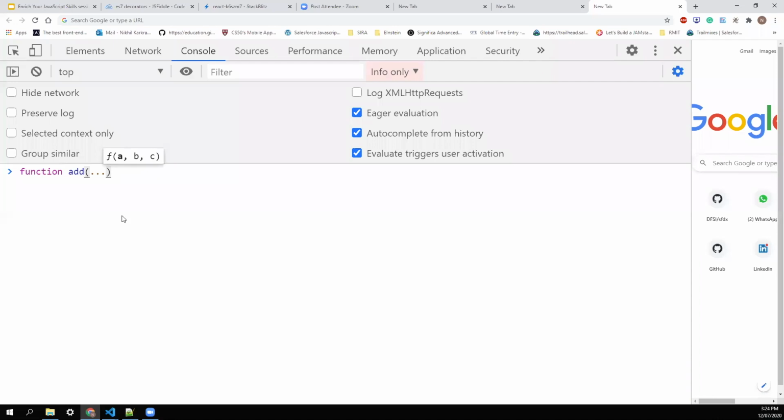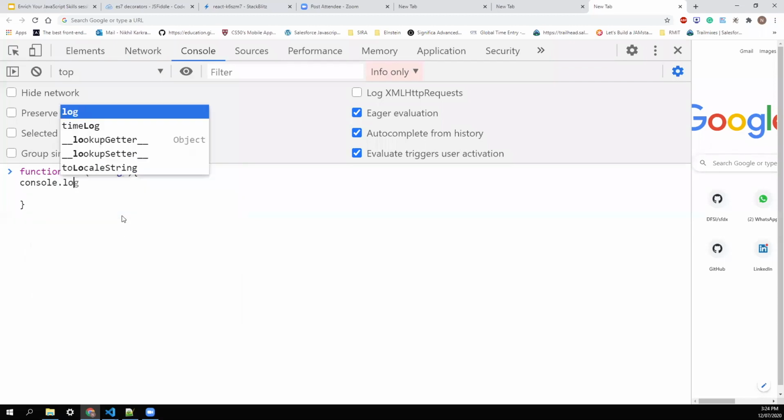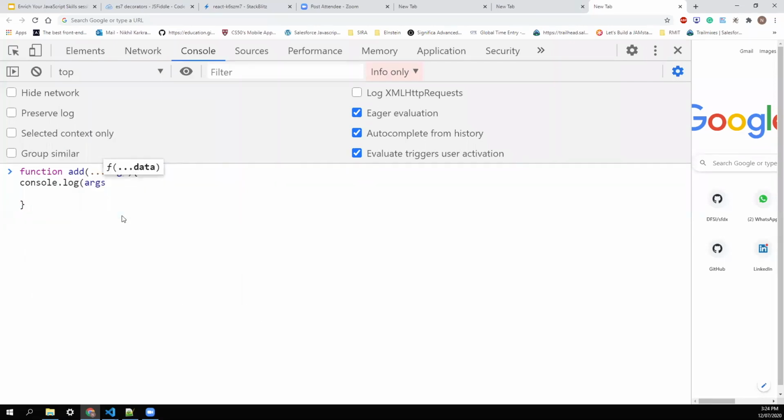As we said, it just converts the arguments to an array. We create a function add, it receives the arguments and converts them into an array. This is a very useful approach when you don't know how many arguments are going to come into your function. It's better to convert them into an array, and based on that you can run the loop.